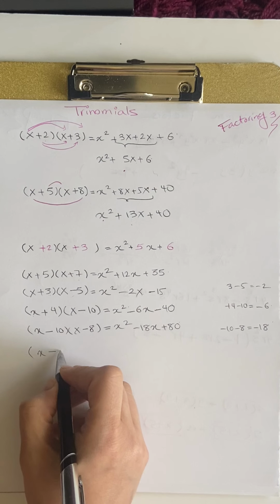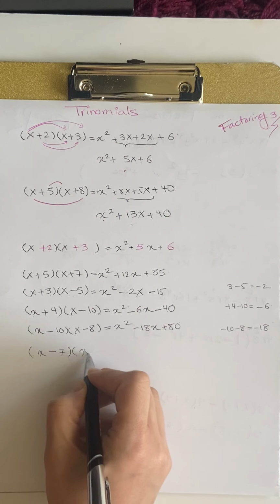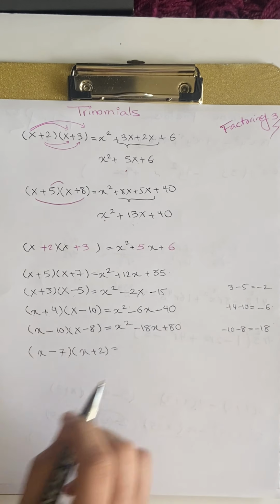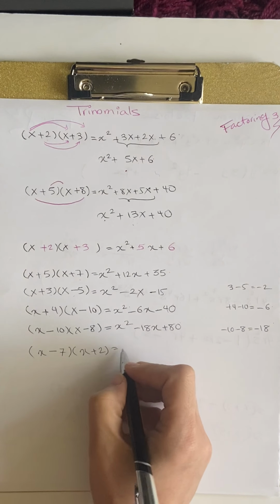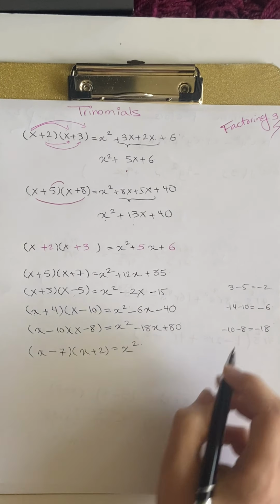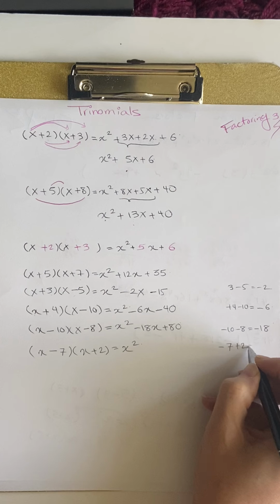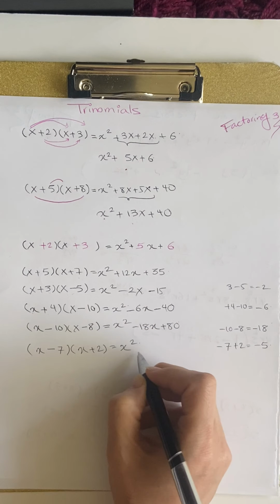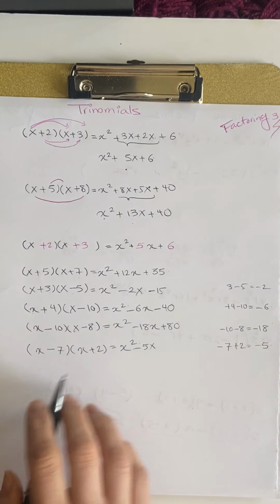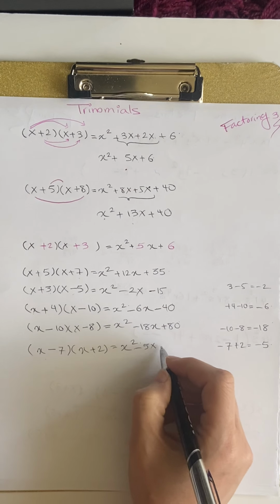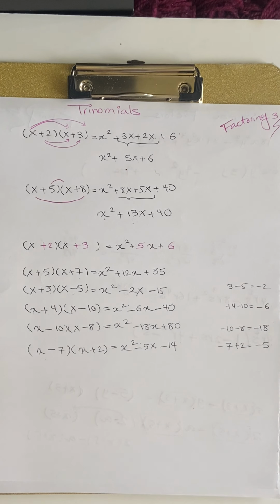x minus 7 times x plus 2. x times x is x squared, minus 7 plus 2 is negative 5, so negative 5x, and negative 7 times 2 is negative 14, right? So now,